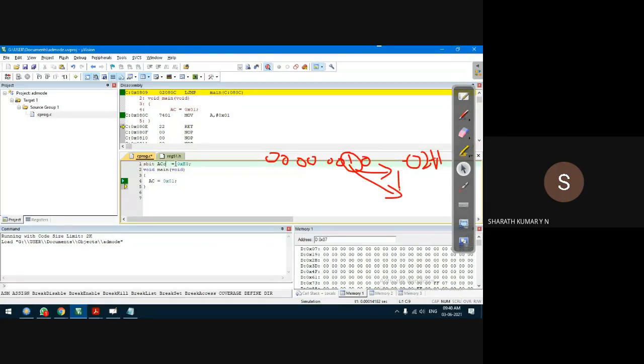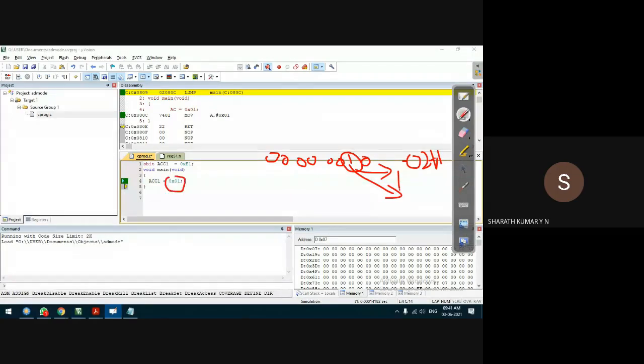AC0 is the ACC. I'll use the ACC better. Accumulator 0 is the LSB bit. I'm accessing the first bit of accumulator, LSB plus 1. The address of this bit is E1. Here also you need to use the same name, otherwise the compiler generates an error. Compiler is very particular, and this bit should not be 8-bit. Earlier we stored 8-bit data into accumulator because accumulator is an 8-bit location. Now we are storing only 1 bit to a 1 bit location.